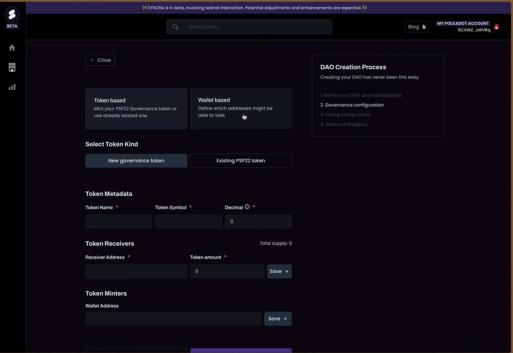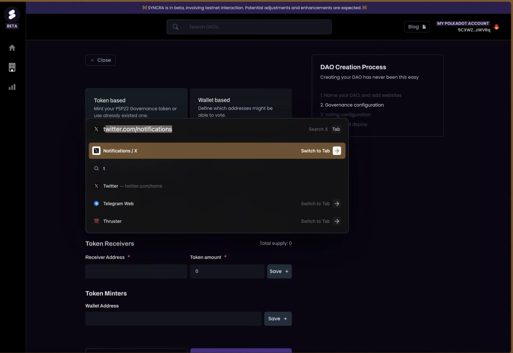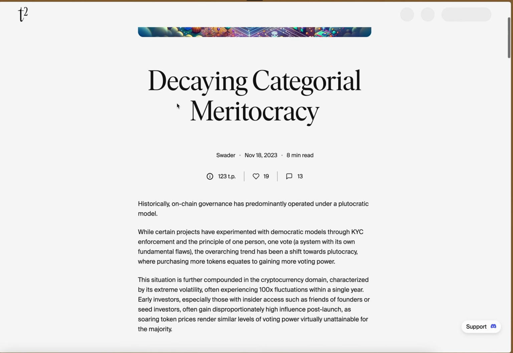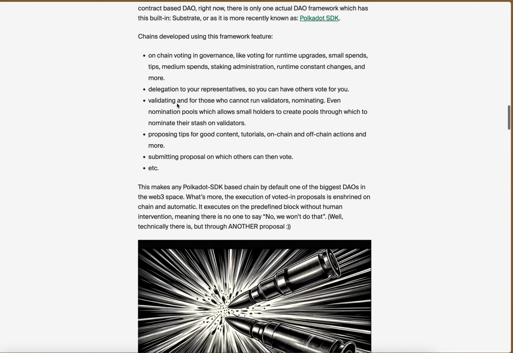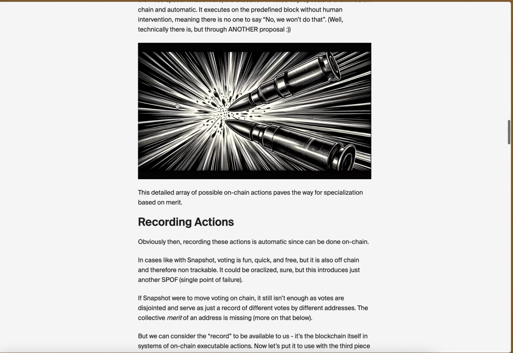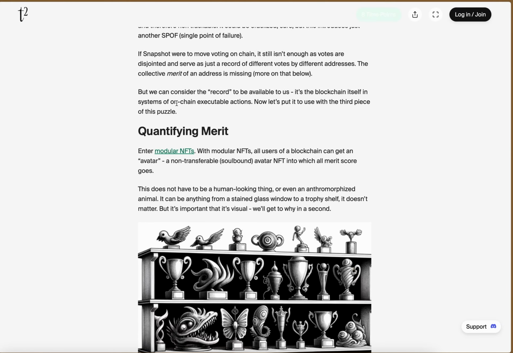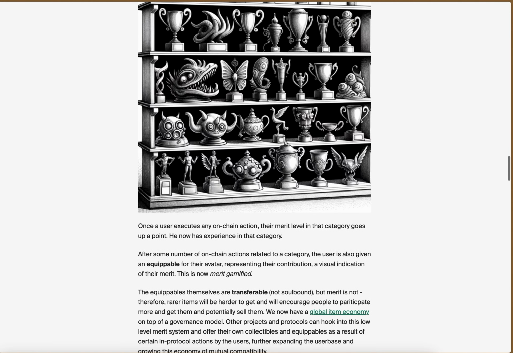What would be ideal here is to use decaying categorical meritocracy so that you have this kind of categorical system with categories, and as you perform some actions in a given category, you earn merit in those categories.